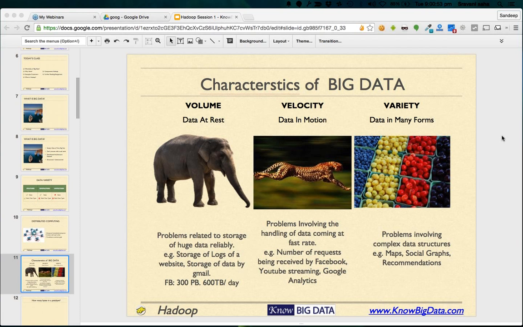Okay, let's take a case of Google Maps. Google Maps is a complex data structure. It's a graph of so many streets and so many circles, so many connecting points, right? If you have to find a direction from one city in one state to another city in another state, and that too for a bicycle, think about how many nodes it has to go through. How many possible ways from one point to another point in the graph would there be?